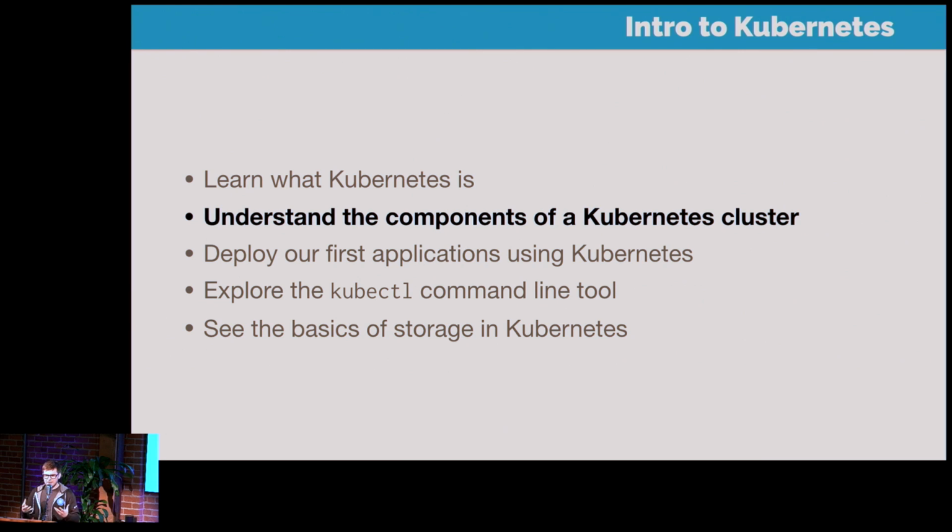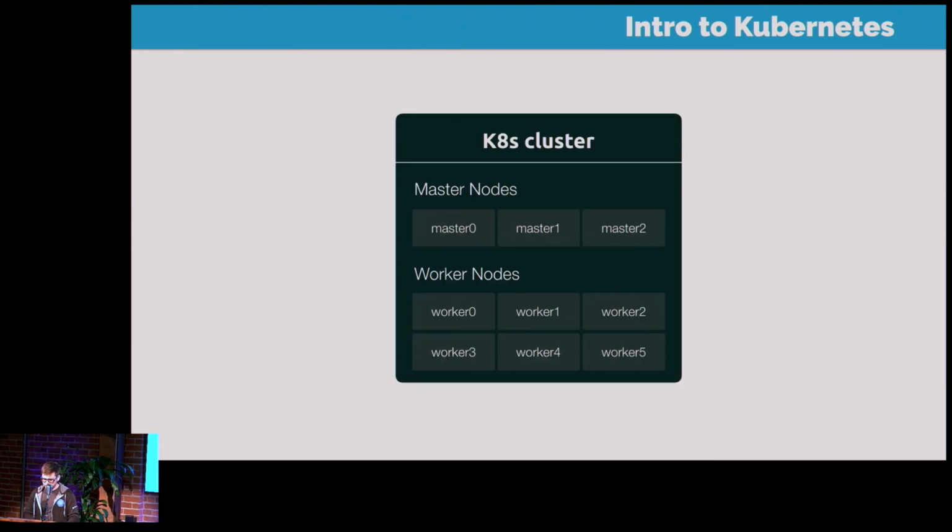So Kubernetes is made up of several different components, and it's useful to understand what these components are and what they do. Each component is its own binary that needs to be run on a node inside of your cluster. So when we take a look at a Kubernetes cluster,